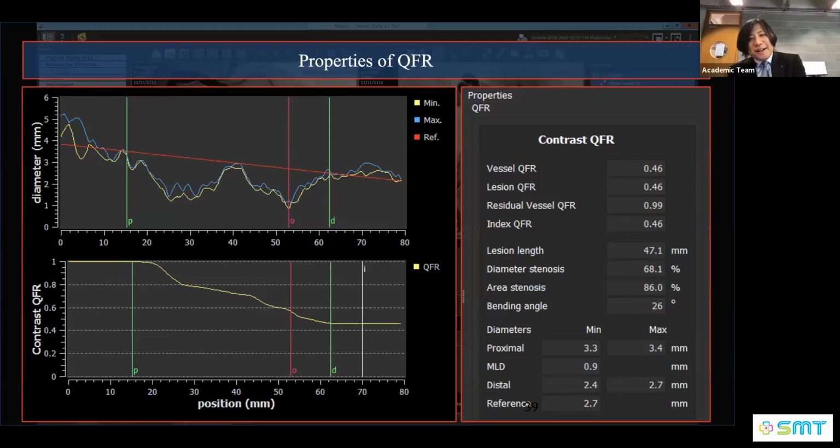Yeah, no, I think if we answer very shortly, it is yes, because it makes sense that we can do this physiological assessment simply without pushing the wire into the lesion. The only challenge is really the acquisition of the angiography, and it's very important to have two separate projections.